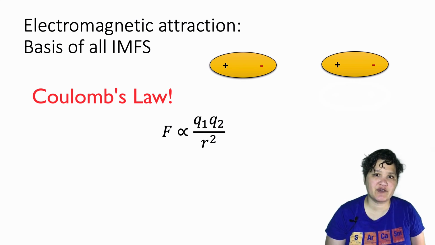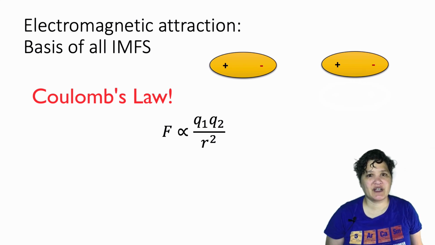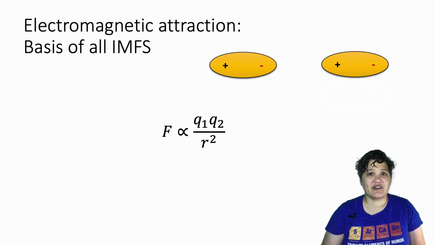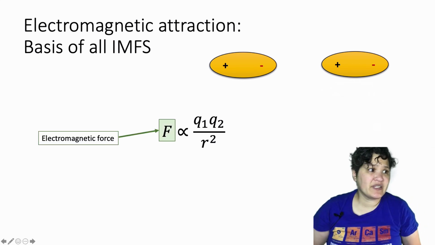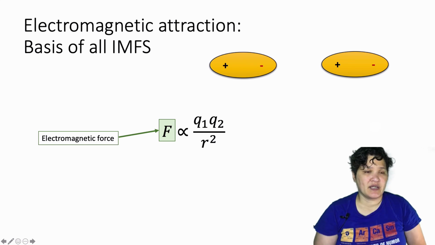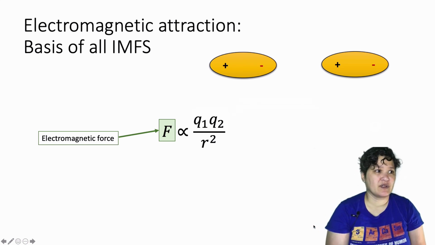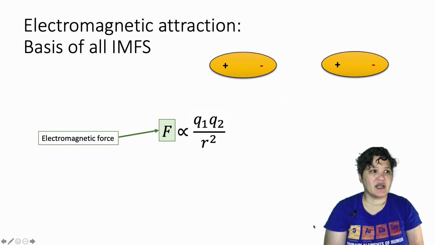So I put a simplified version here. The proper version has vectors and stuff in it. And if you're really interested, I advise you, like I said, to go take a physics class. And there's also a constant in there that we're not going to worry about right now. But basically what we have is this. We have the electromagnetic force. How strong is that? It's proportional to, that's what that little squiggly thing means,